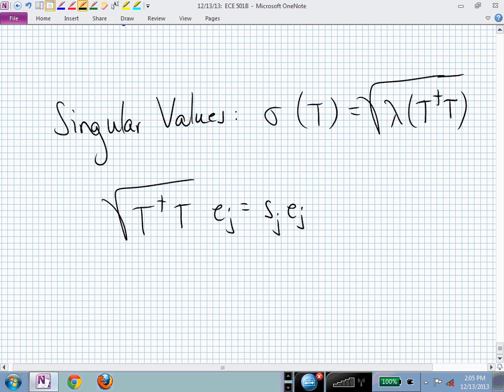And the eigenvalues now, if I call those S, this is now our positive operator. Then